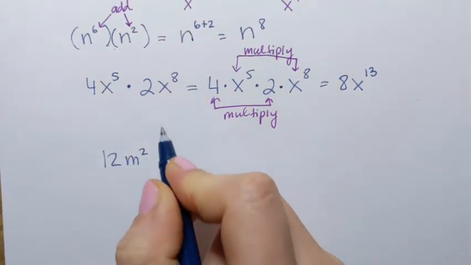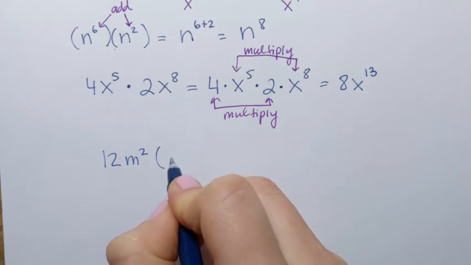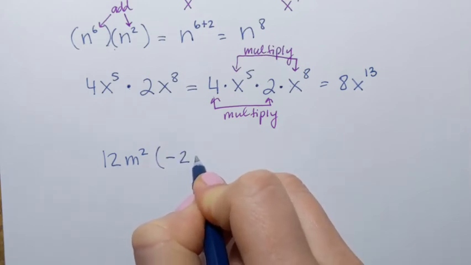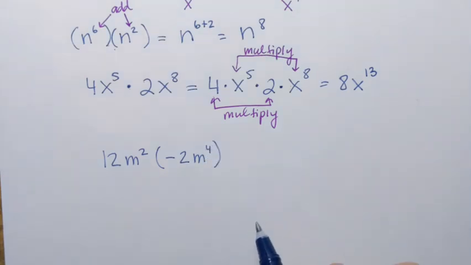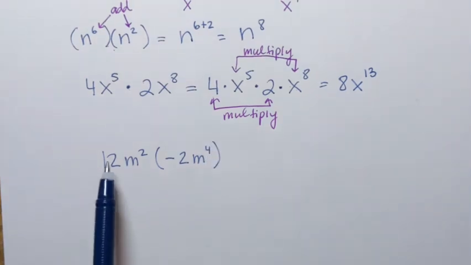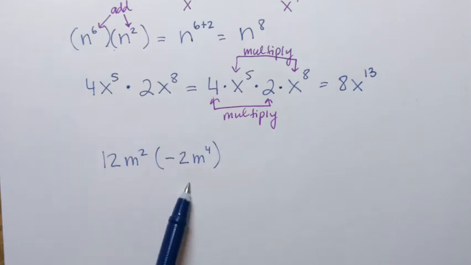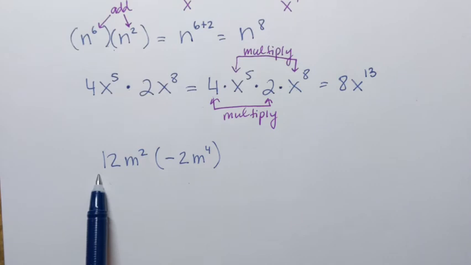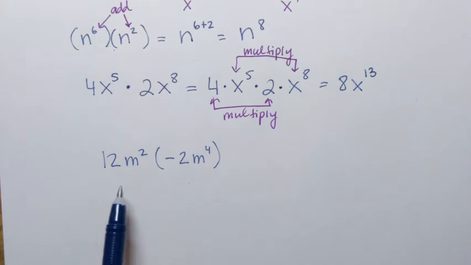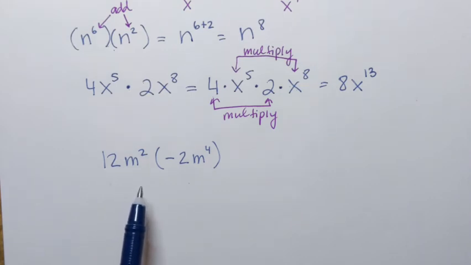12m squared, and right next to it is negative 2m to the 4th power. Now let's try to be careful here, and this expression may look a little bit misleading. Every time we start performing an operation, we want to make sure that we're performing the correct operation. Now, what is the correct operation? When I'm asking that, I mean, is it multiplication, subtraction, division,